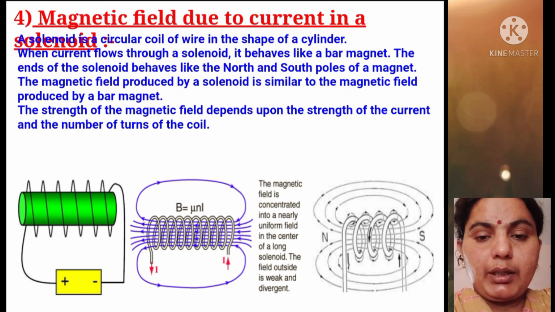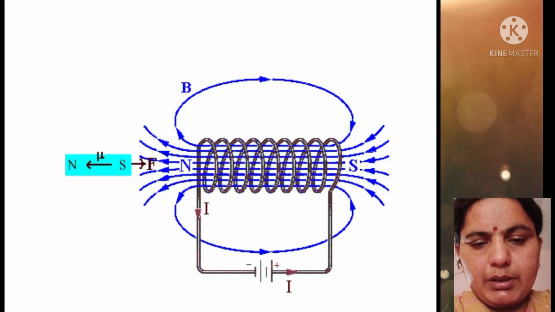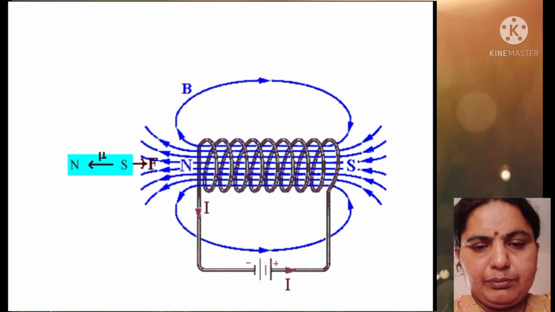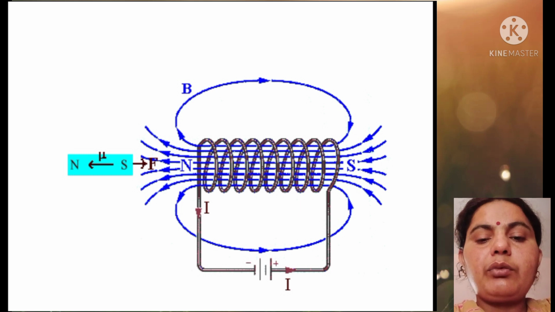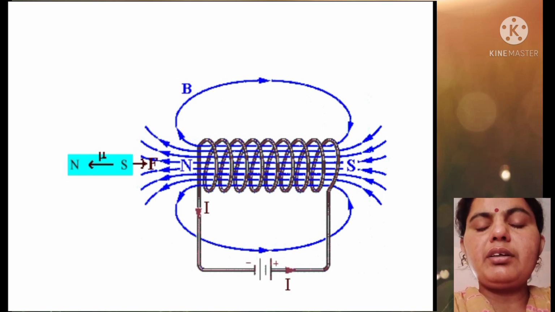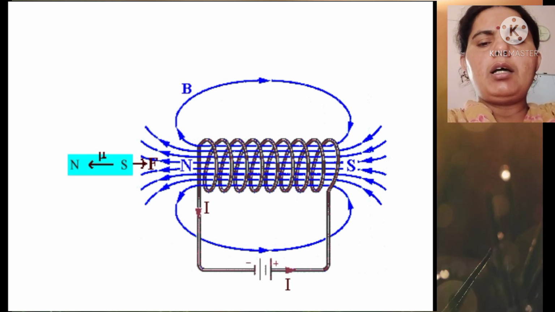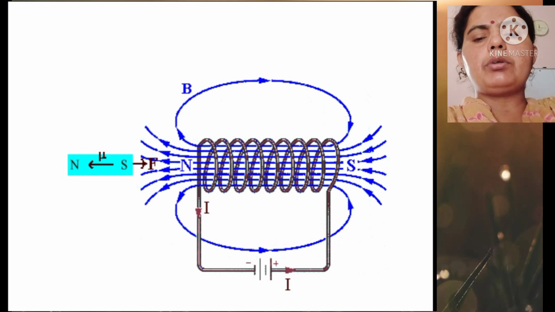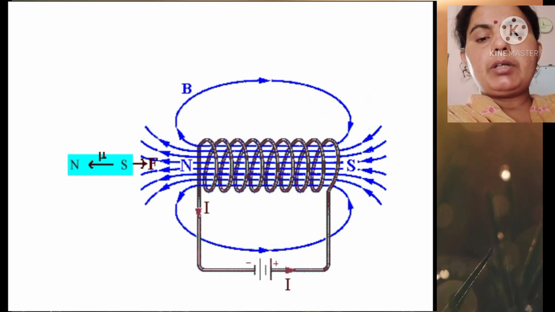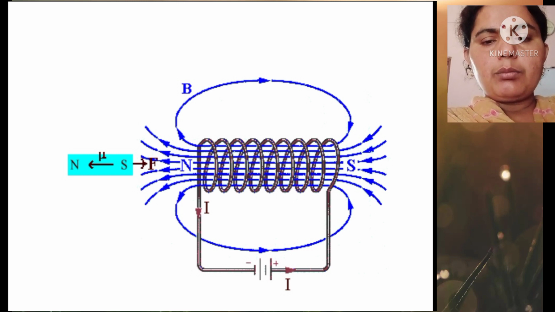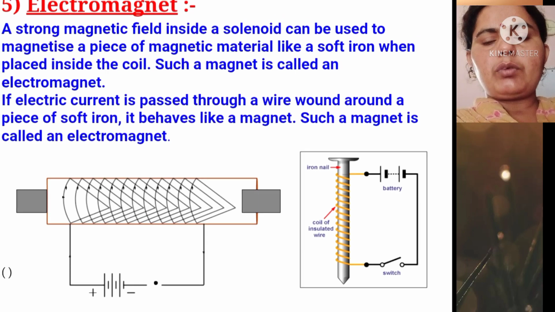The magnetic field lines flow from north to south on the outside and from south to north on the inside. As you can see in the diagram, the field lines flow from north to south externally and south to north inside. Thus they make closed loops, interconnected with each other. Whenever current is passed through a conductor, magnetic field lines arise due to the current.